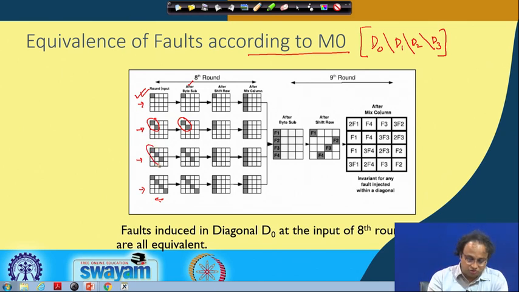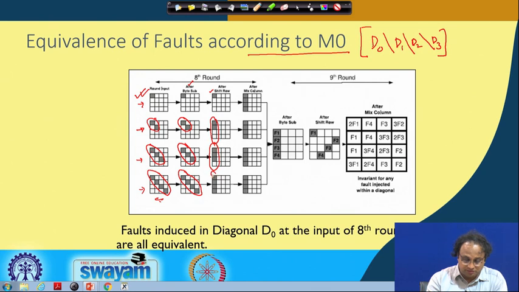Here the fault is in 3 bytes, so therefore we get a mapping in 3 bytes. Here there are 4 bytes, and therefore we get a mapping in 4 bytes. Okay. And then this is followed by the shift row, and in the shift row we know that in the first row nothing happens, but in the second row, third row, and the final one, in all of them the first column is getting disturbed.